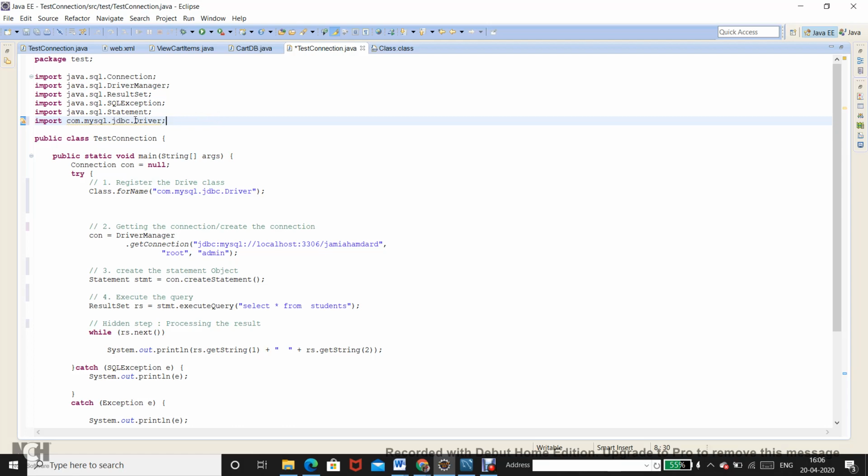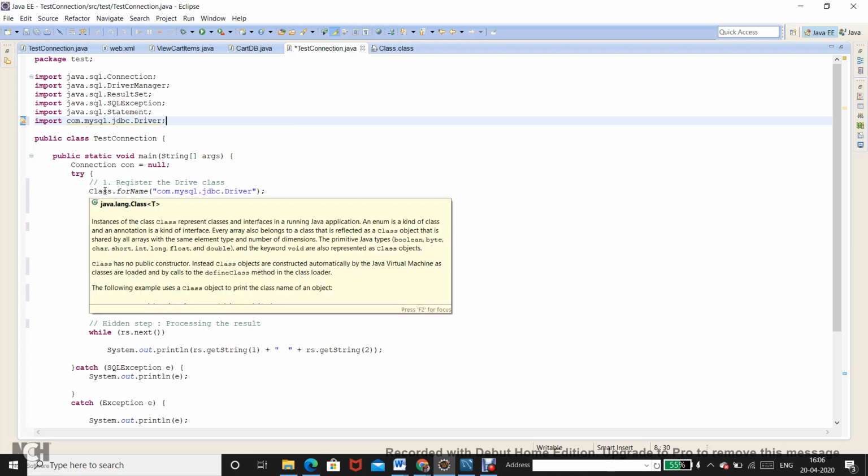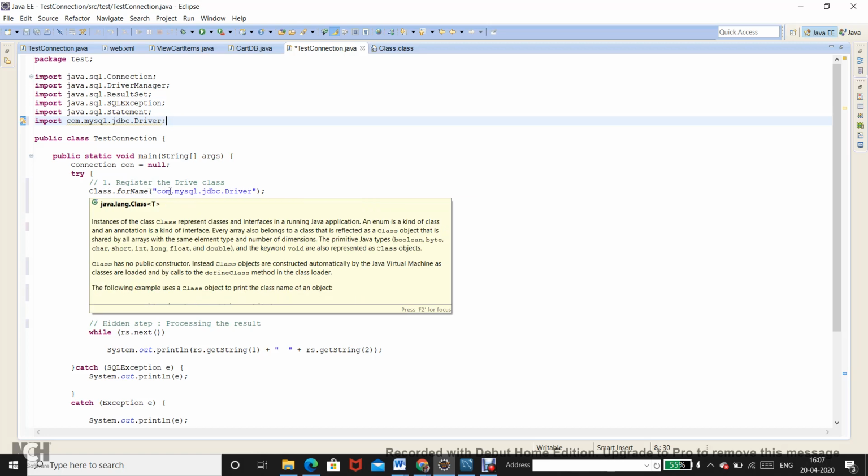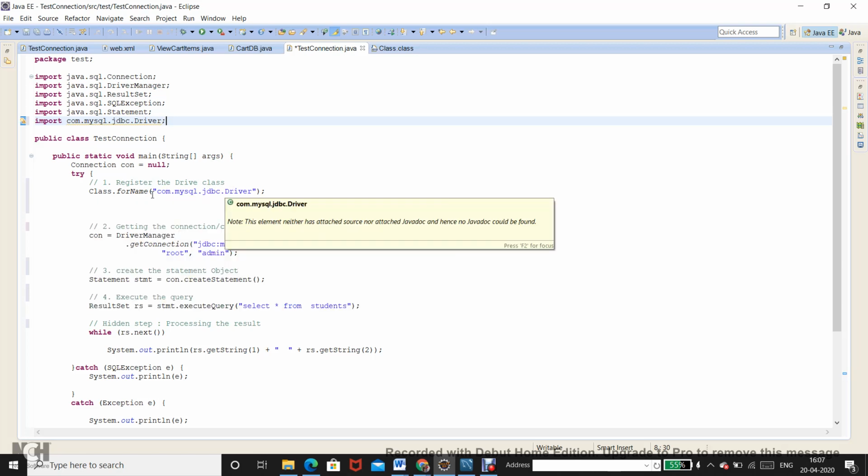But instead, you are passing it to a method, forName, which is a part of the class with capital C. You are passing this fully qualified class name to that particular method.